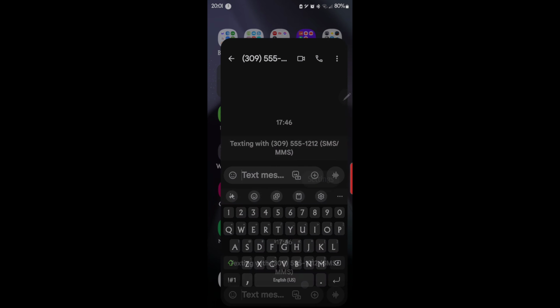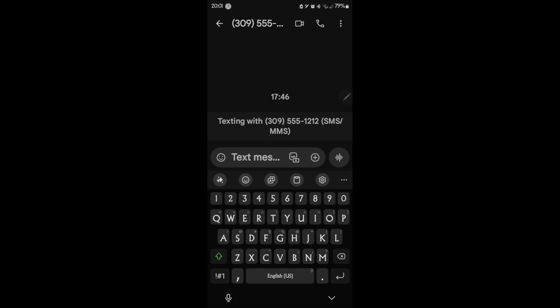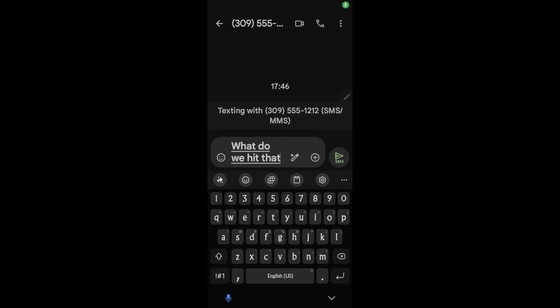and let's see, we're going to have to go to the text. Okay, so anyway, we're back into the text. So now when I go to text someone, I have this button at the bottom. And as I'm recording this, I'm not sure if I'm going to be able to record this and do it at the same time. So I may have to pause it, start it, but we're going to try it. So if I want to text somebody, we hit that. And now,